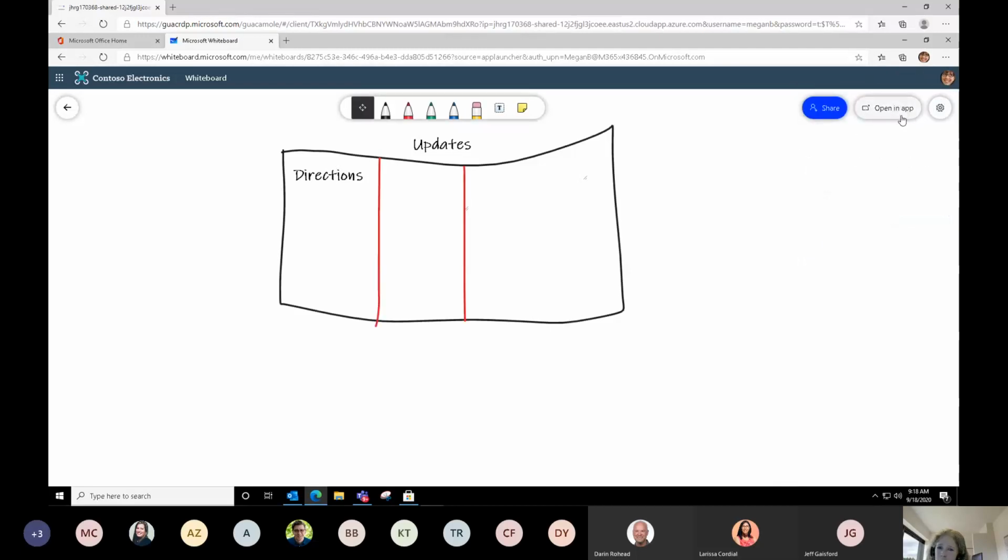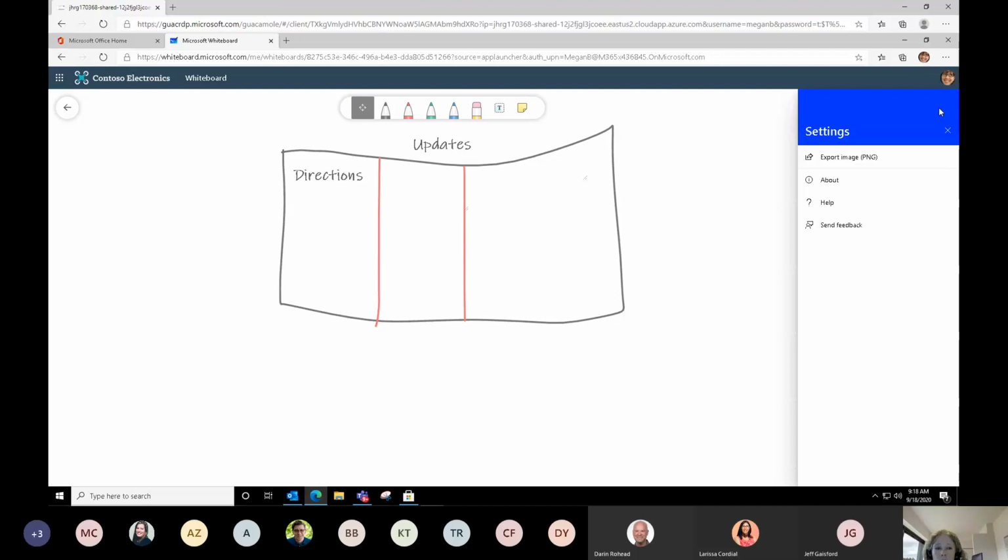Also, open in app, which is what we're going to do in just a minute. But do notice that if you have come into the online app and made some changes, one useful thing you can do here is take the current whiteboard and export it as a PNG to your device. This is something you can also do inside of a Teams meeting if you're using the whiteboard. So this will take your whiteboard. You can see here that it's getting it ready to export. It's going to download it to the bottom left-hand corner of the browser window.